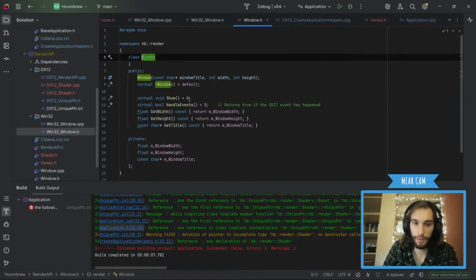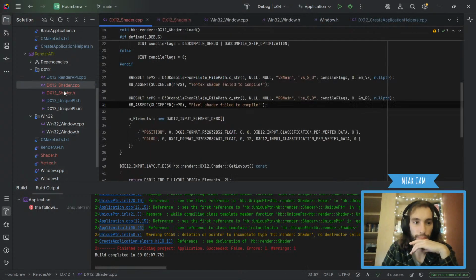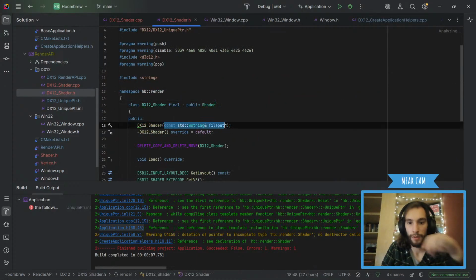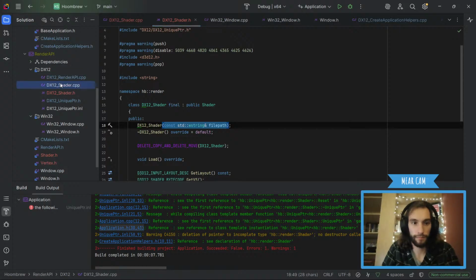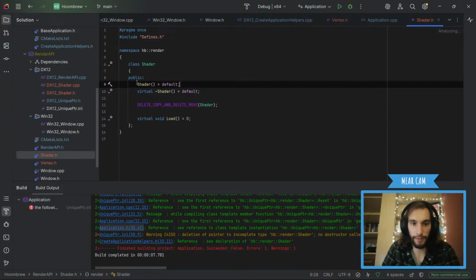Window has the same thing. This is virtual. Has the same constructor though. So maybe that should be the issue. I don't think that's the issue, but sure. No, it shouldn't be an issue.